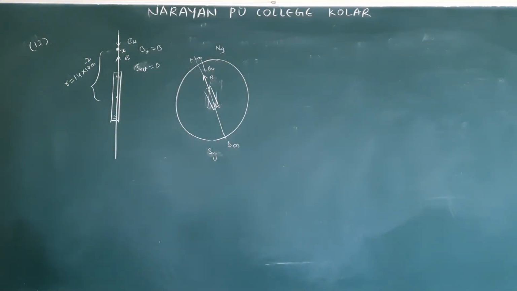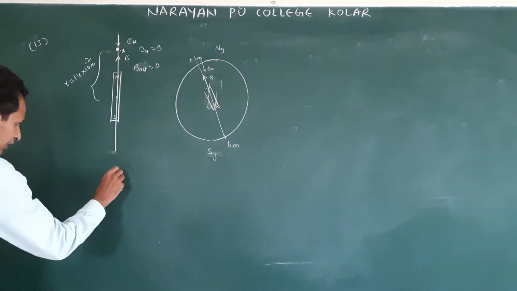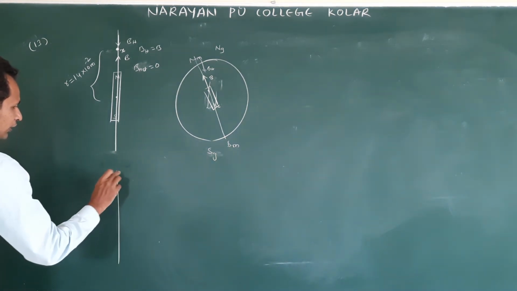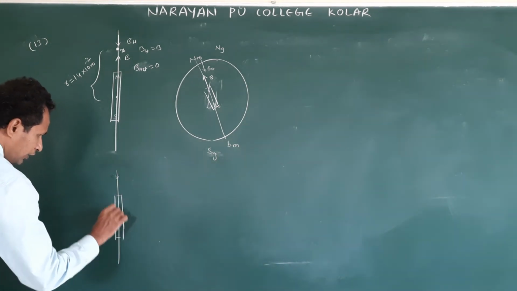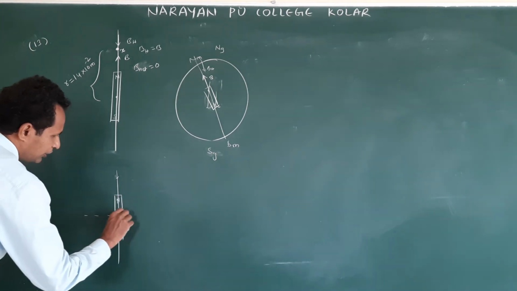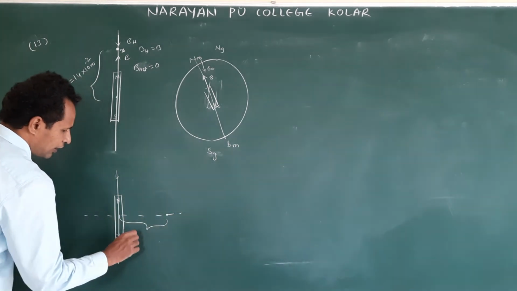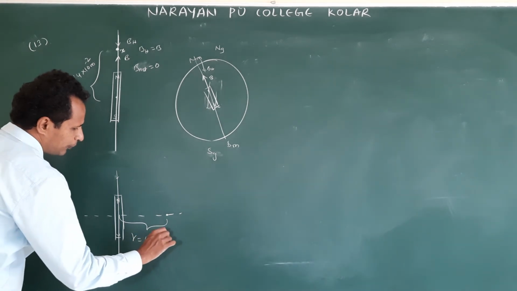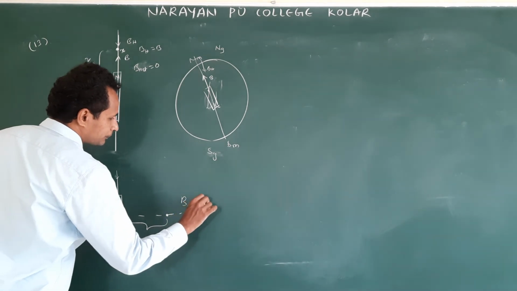What they are asking: what is the total magnetic field on the normal bisector of the magnet at the same distance? See, another line. Okay, keep the magnet the same as it is. This is north and south. Normal bisector means this is the normal bisector. At this point, same distance, in the sense r is equal to 14 into 10 power minus 2 meter. At this point, they are asking what is B net.